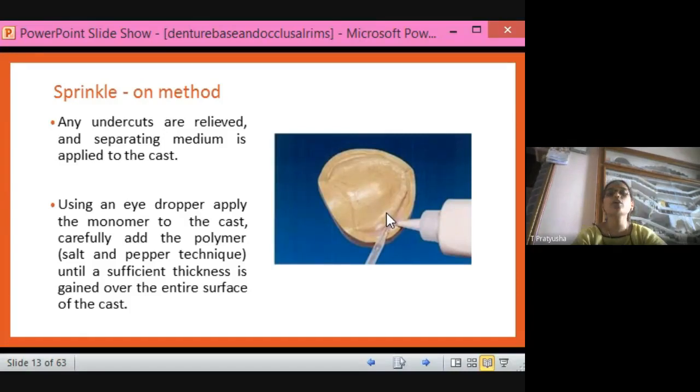Now if you are making this denture base using the sprinkle-on method, what you have to do is, first, identify the undercut area. What do I mean by undercut area? Here, all of you can see the arrow, right? This cursor where I am placing, here there will be a depression. So there are depressions and elevations, no? In some places there will be more depression. For suppose, the ridge is like this. All of you can see here. The ridge is like this, right?